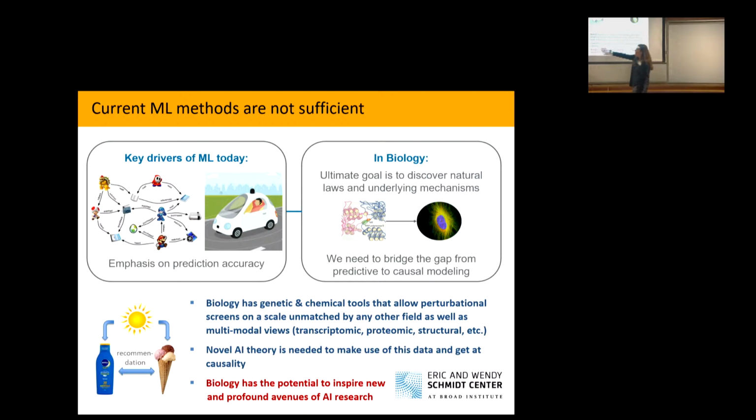And if you're thinking about why interventions are so important for getting at causality, let's talk about the recommender system. In a recommender system, all we care about are really associations, right? Amazon doesn't make money by understanding that, say, if you're interested in buying sunscreen, you may also be interested in buying ice cream. They don't need to understand why that's the case. All you need to know is all the associations. That's more than enough to make money.